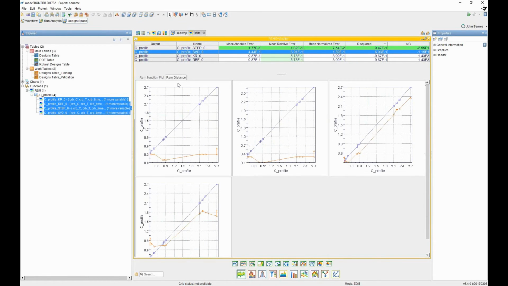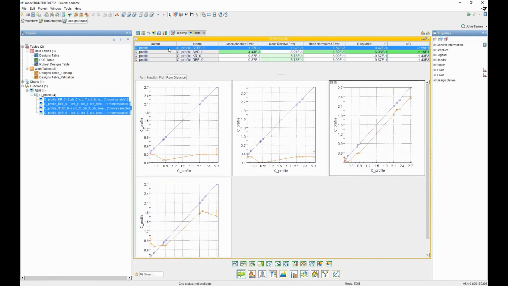The RSM distance chart, what we're looking for here is that if I was to click on the stepwise regression, and it automatically associates what I click at the top to the chart beneath, that the blue line is the real set of data and the orange line is the virtual, the response surface, and the lines should overlay on top of each other, and we can see that the stepwise regression is a much more constant overlaying than any of the other 3. So once we've been able to do that and we can establish which ones are best,